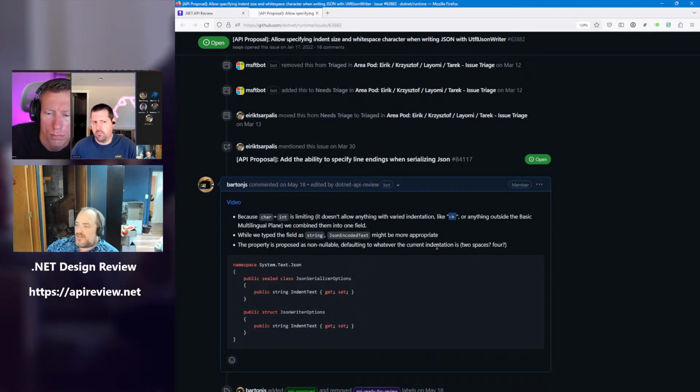That's fine, because that's illegal JSON. The JSON spec only allows 4 characters: space, tab, carriage return, line feed. That is the entire sum total of what's allowed in there.